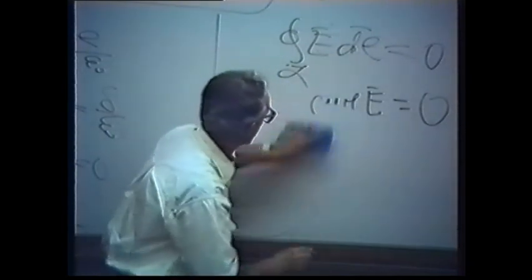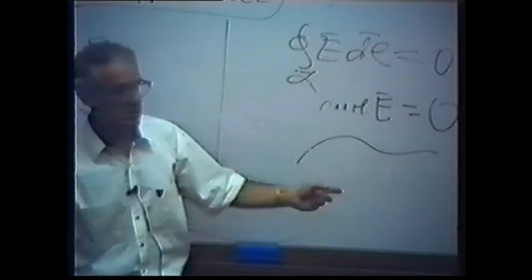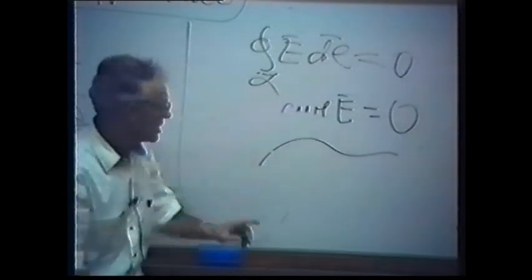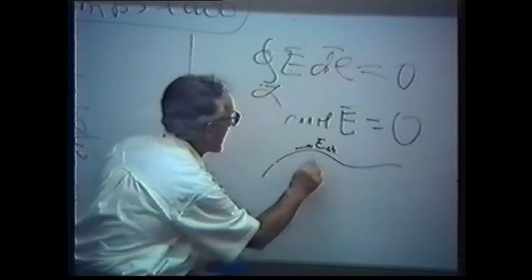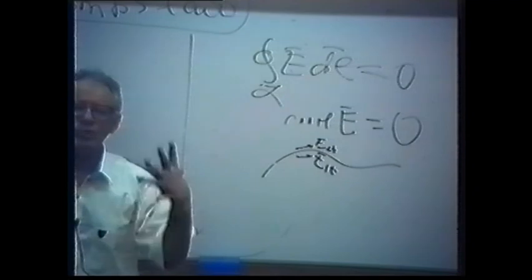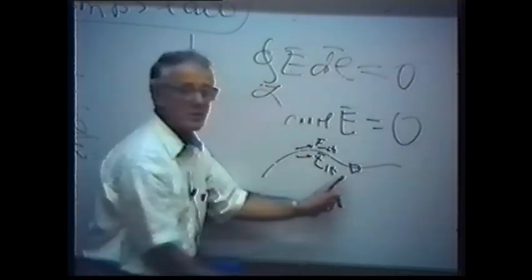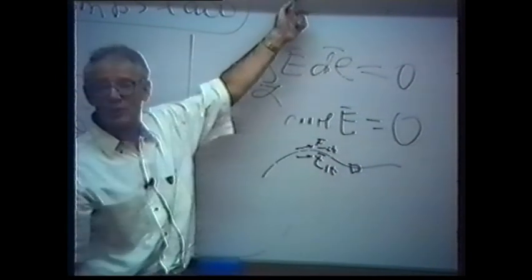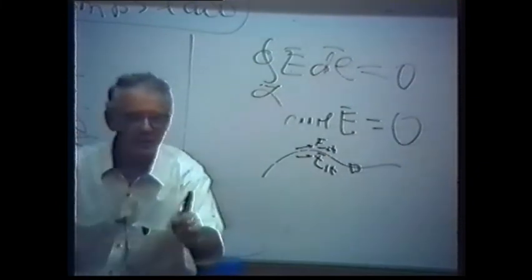Just a second. That's the interface between any medium, any formation. From this equation it follows, if you consider the tangential component of the electrical field from one side of the medium and the other side, what would be the difference between them? What do you think? Zero. If it's not zero, then the integral along any closed path will be not zero. Therefore Coulomb's law would be wrong.